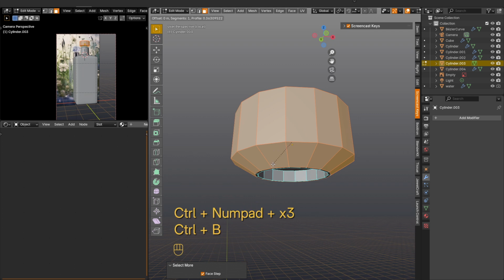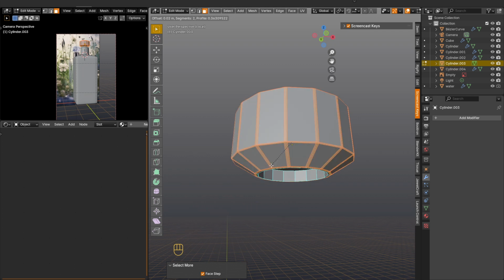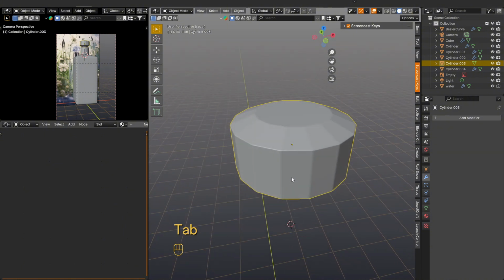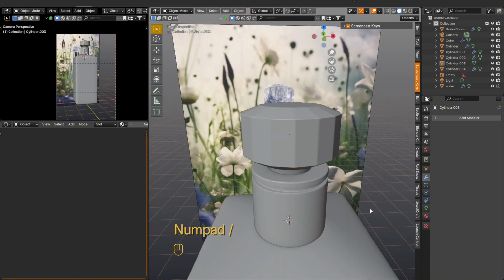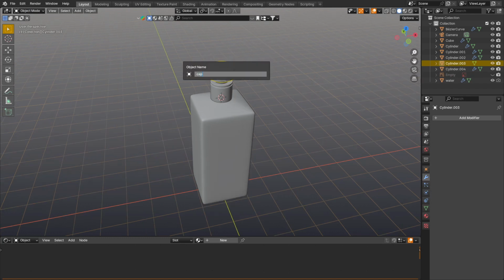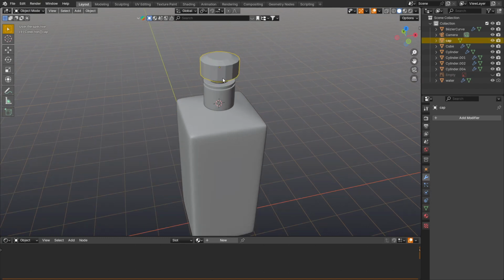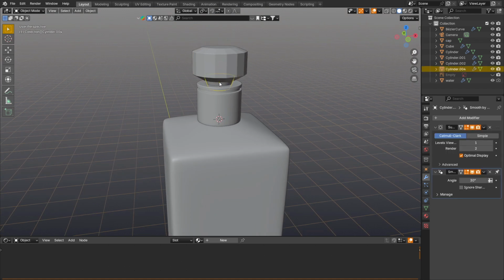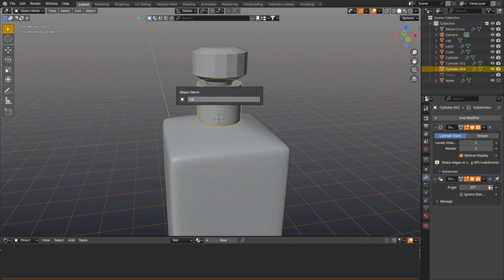Now select the top face on the top cap and press Ctrl plus until we select the outer edges we need, after which we can apply Ctrl+B to them and make a bevel. At this point the cap is ready, then we need to rename all the objects that we have made. This is necessary for ease of work. Well, and to avoid confusion since the final scene will have quite a few objects.